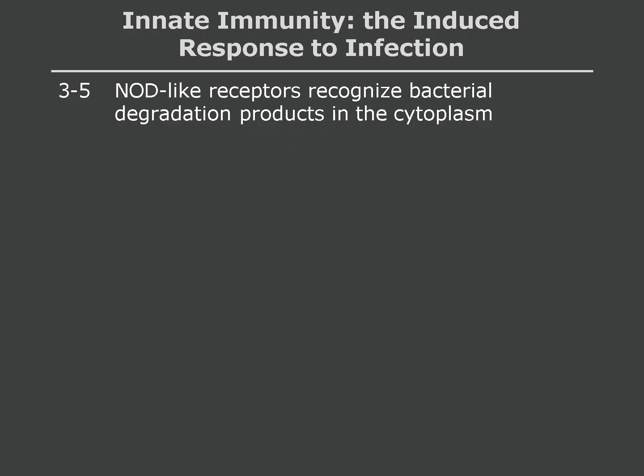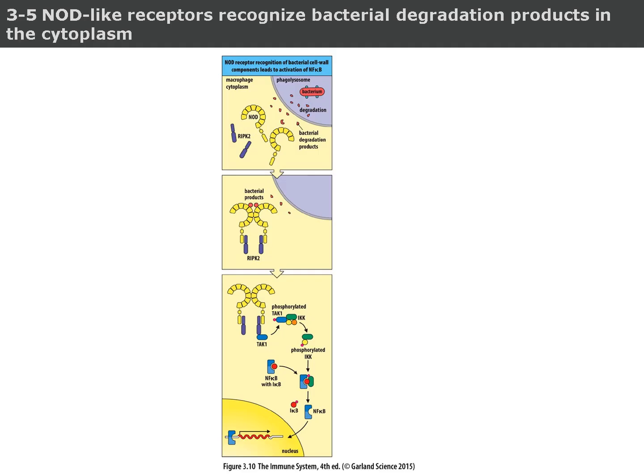NOD-like receptors recognize bacterial degradation products in the cytoplasm. This image illustrates how specific receptors inside immune cells, called nucleotide-binding oligomerization domain receptors, detect remnants of bacterial breakdown within the cell's interior. These bacterial fragments are released after the breakdown of pathogens inside a compartment known as the phagolysosome. Once inside the cytoplasm, these bacterial components bind to the intracellular receptors. Upon binding, the receptors interact with a signaling molecule called receptor interacting